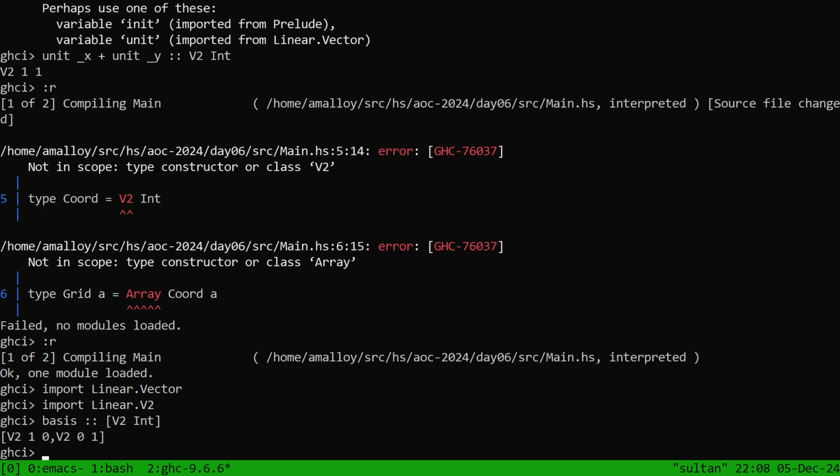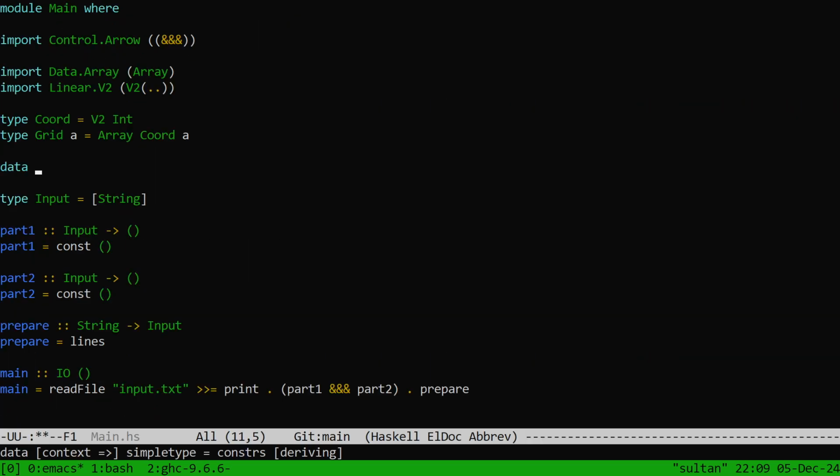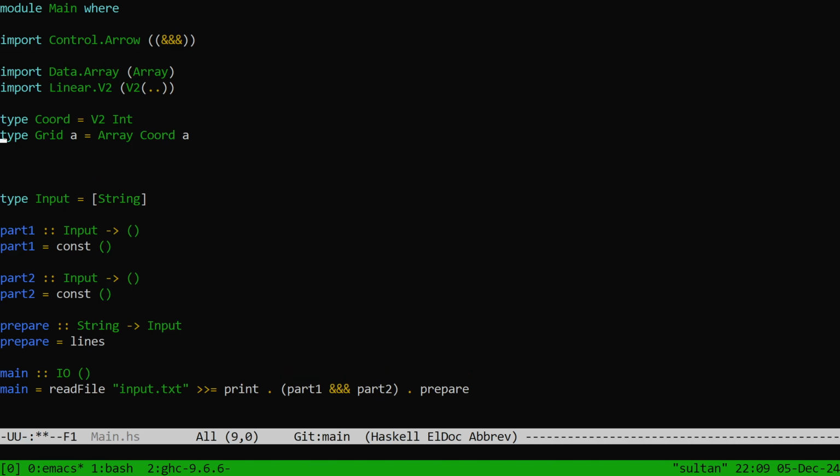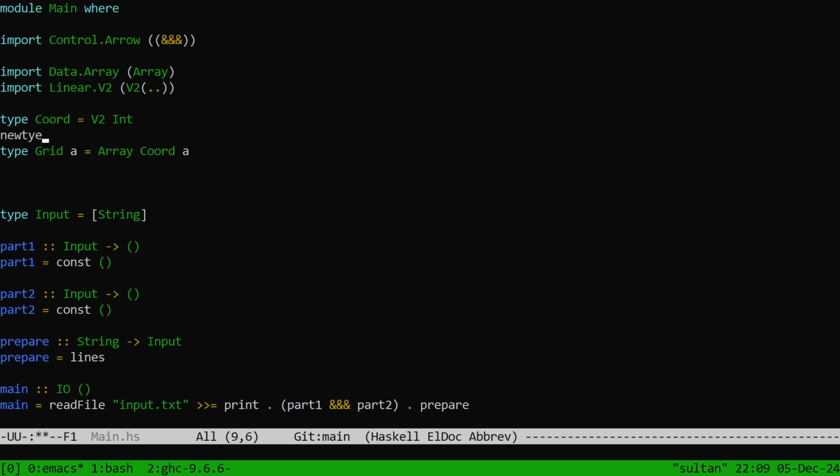I thought maybe it might include the negative versions, but of course it doesn't. Okay. Well, we'll just say our coordinates are, I mean, I don't know. Maybe this is an opportunity to practice some discipline. Why not? So let's say new type